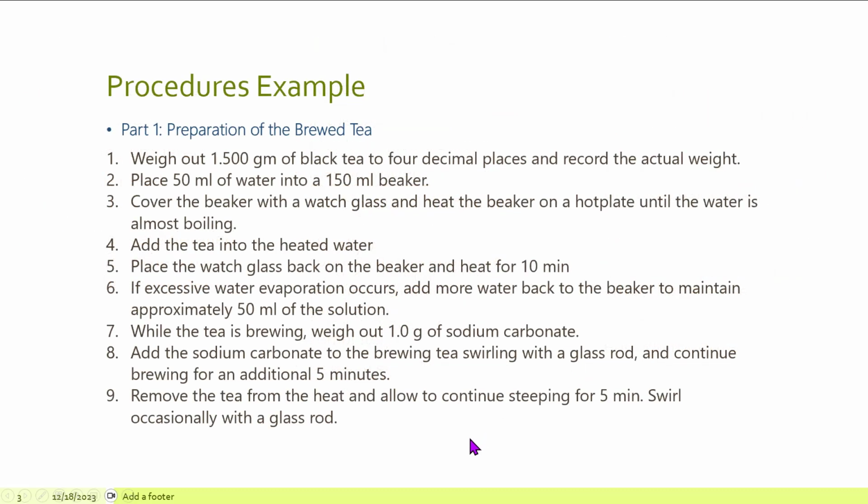So here's an example of a procedure. Again, it's written in the command type of voice. Weigh out 1.500 grams of black tea to 4 decimal places and record the actual weight. This is just like the procedure that we saw that you did last week for the analysis of the Excedrin